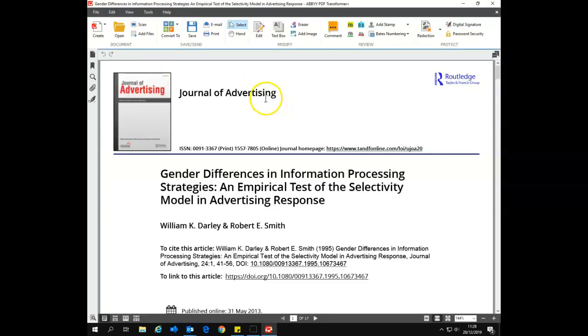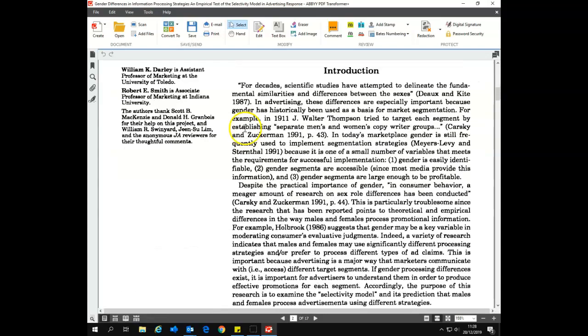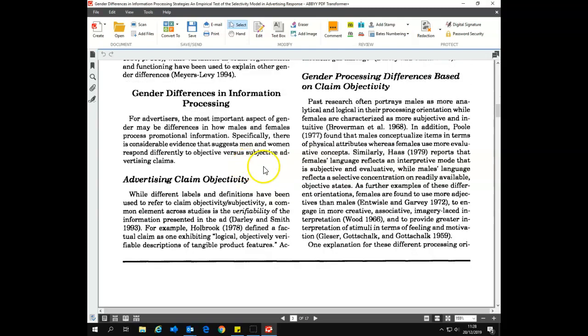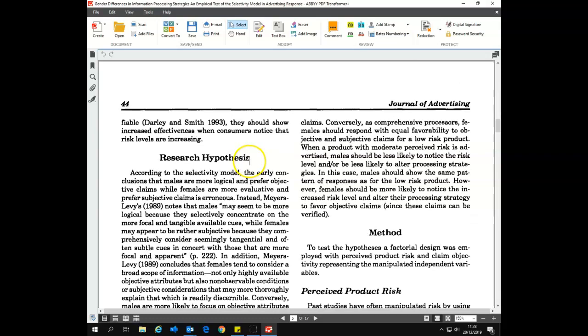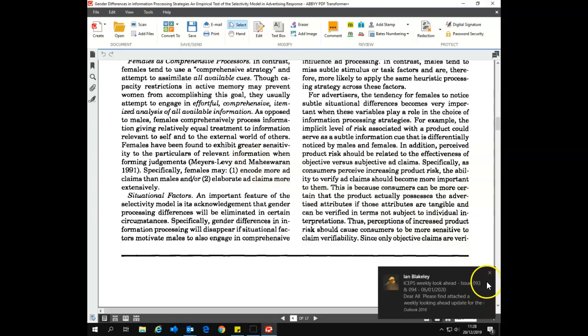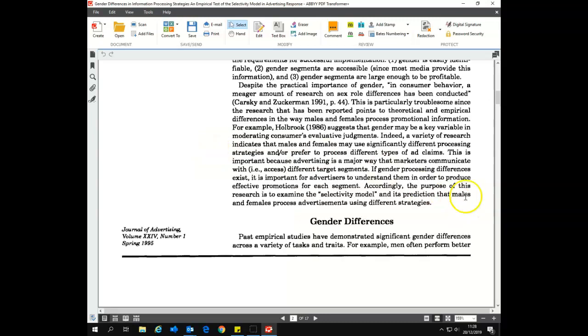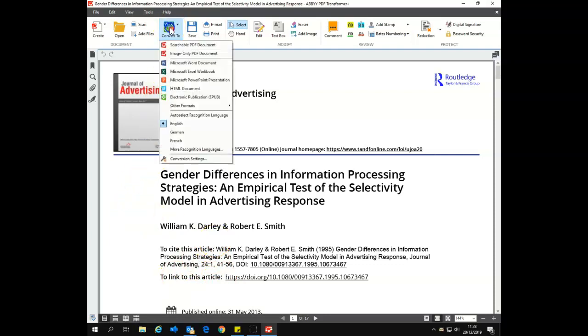Okay, that brings up the PDF as is in the PDF reader program, and as you can see it's a fairly standard PDF in columns from what looks like a scan of a textbook. Anyway, so what we're going to do is a couple of steps to make it a little bit more accessible. I'm going to go to this icon here and I'm going to convert it to a